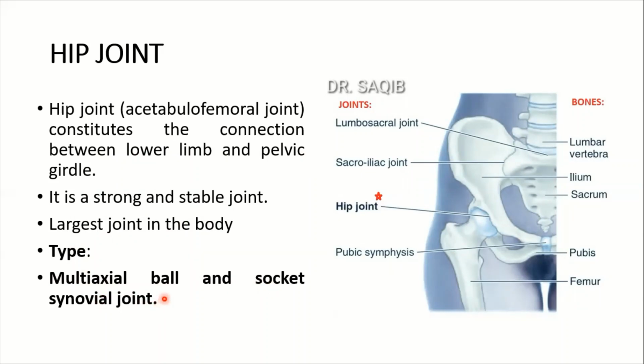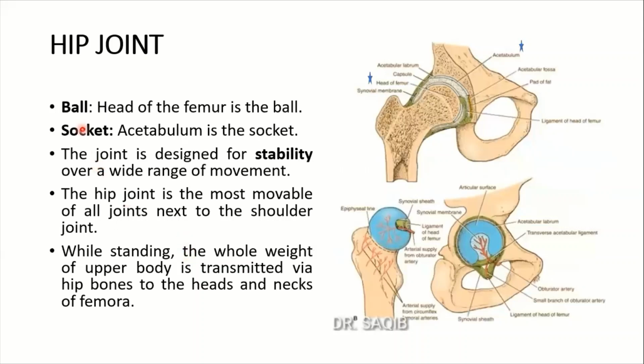So I will show you what is the ball. This is the ball. The head of the femur is the ball, right? This is the head of the femur, and this is the ball in the joint. And the socket, the acetabulum, is the socket. You see here, this acetabulum, this is a socket. Follow the laser, and this is a cup-shaped acetabulum. This is the socket of the hip joint, and the joint is designed for stability over a wide range of